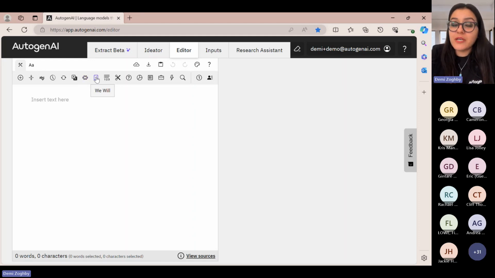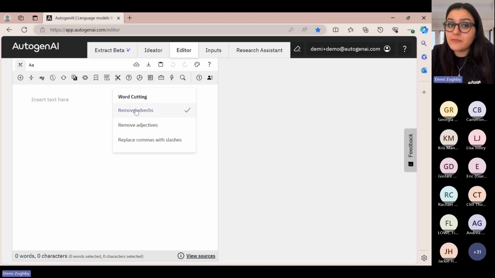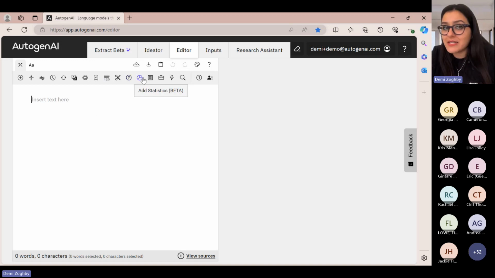We even have the ability to change, using the "we will" transformation, from a passive voice to an active voice, changing from specification text to bid writing text. You will have the ability to reduce your word or character count, word cutting by removing adjectives, adverbs, replacing commas with slashes. We have our evidencing tools, which is explaining how, add statistics, for example, adding a case study, and being able to search through your library,